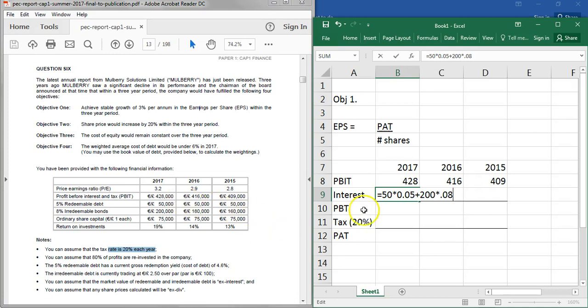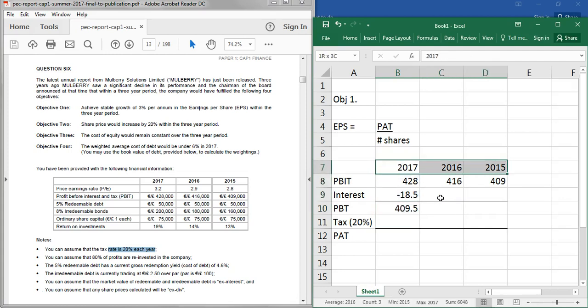So that's 2.5 plus 16 is 18.5. Now I'll just change this slightly to put it in minus. But then all we're doing is using what we have to get our profit before tax, 409.5, and our tax rate is told 20%, and we know interest is tax deductible. So it's 20% of 409.5, which is 81, and then profit after tax, which is what we're looking for, is